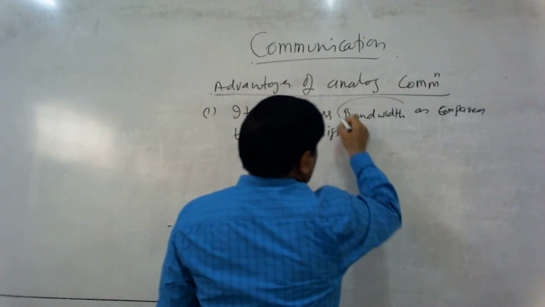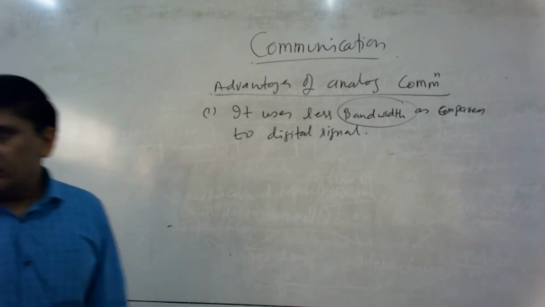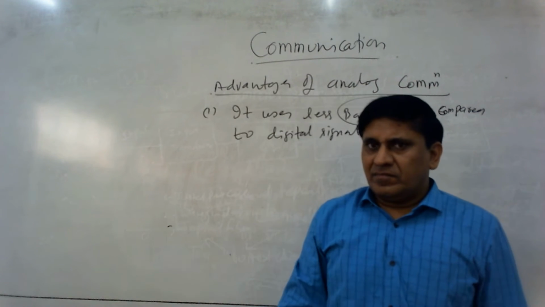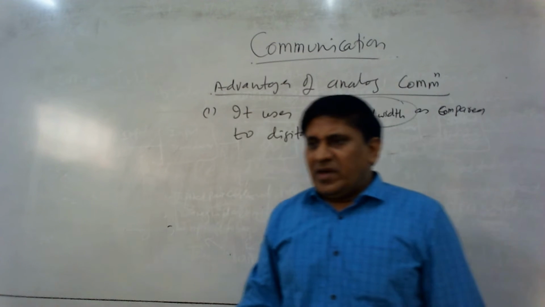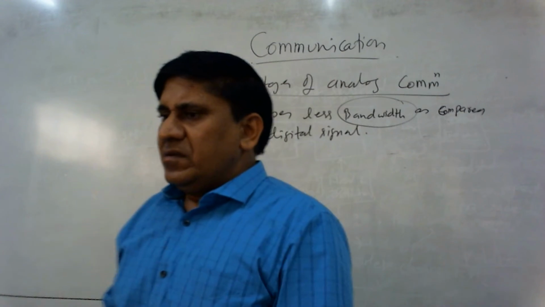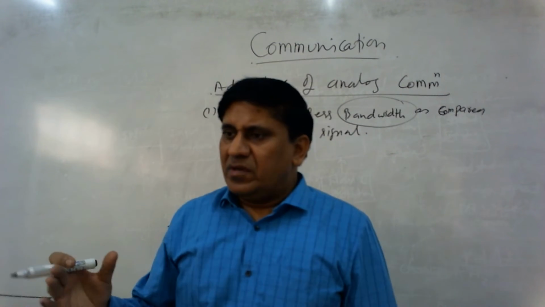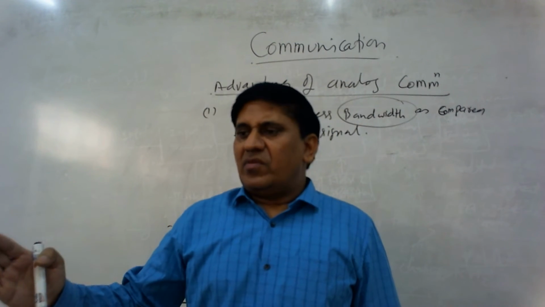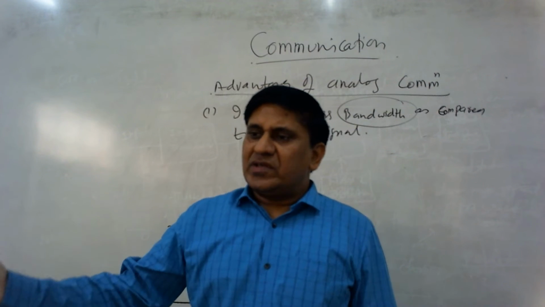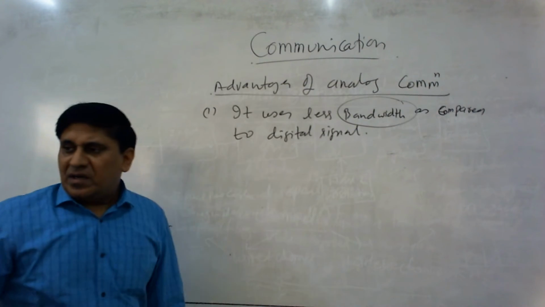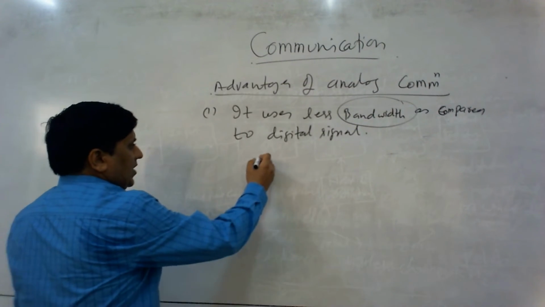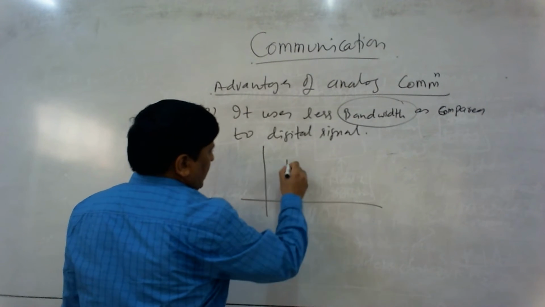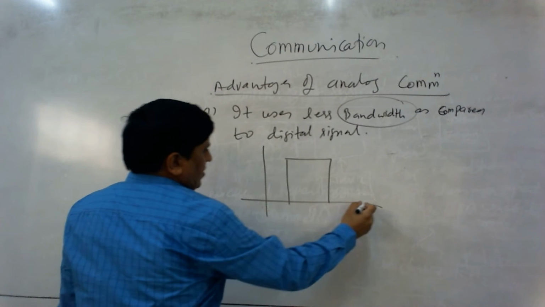What is bandwidth? Bandwidth is the frequency range where a signal starts from some frequency and goes to some other frequency. That is called bandwidth. If we take an example of this bandwidth, if this is the frequency axis,